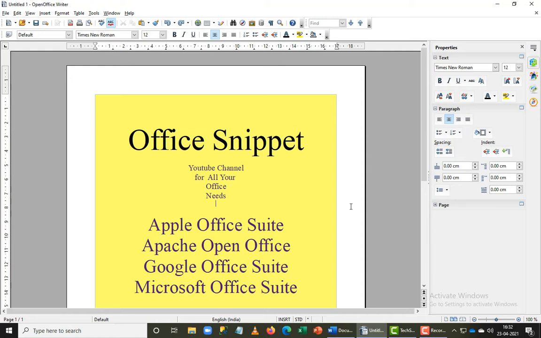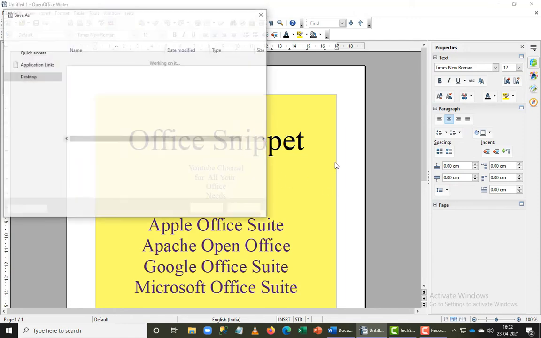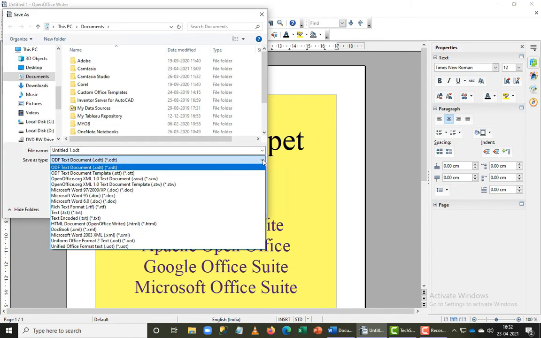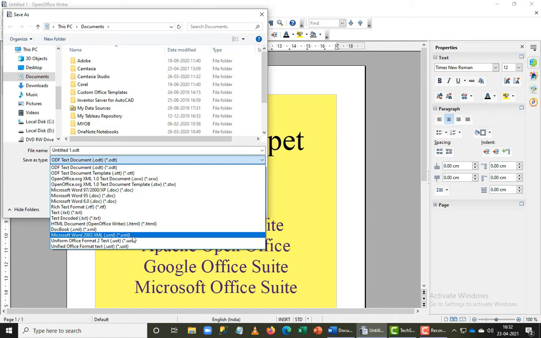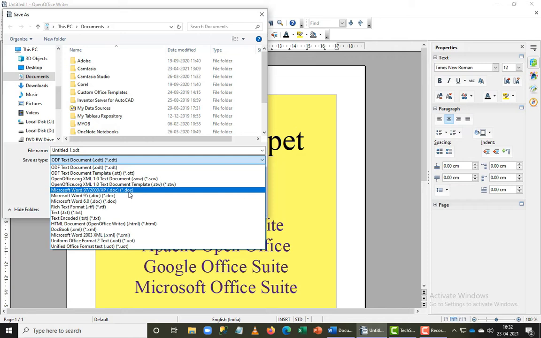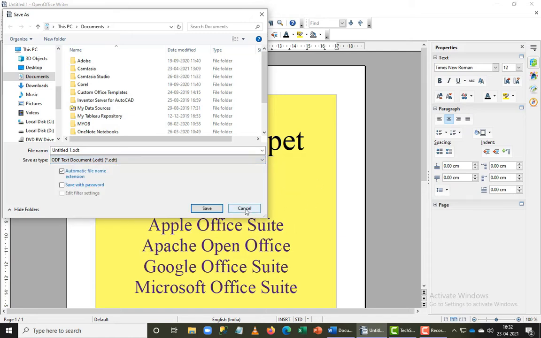I don't know much about this product, so when I tried Save As, I saw a few drop-downs here, and I think I can save not just in the Open Office format but also in formats which support Word. But Microsoft Word's current format is only the XML part here. I don't see a Word format here. You can see that I have a .doc, so the older version of Word is given for me here. So definitely I can use this document and forward it to people. Those who have Open Office can still open it in Word, I believe. I don't know much about it, so I'm just curious to learn more.